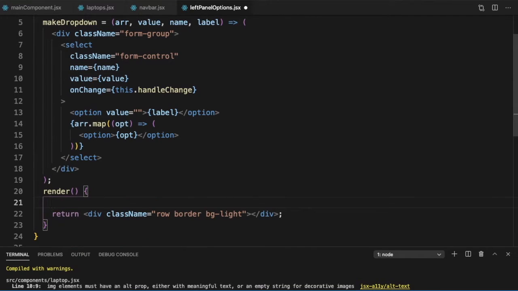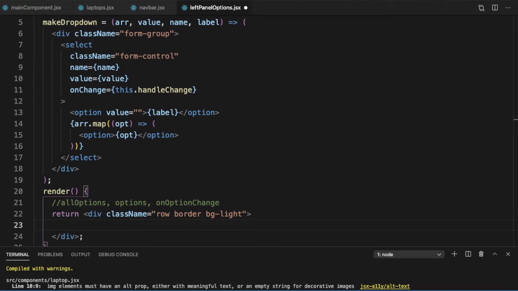So in the props, what all do we need? We need the, let's call it say all options, which is what are the options in the drop down. We need the current option values, and we need an on option change. So whenever an option changes, we will need to call the main component and do that. So given all of this, let's put it in.